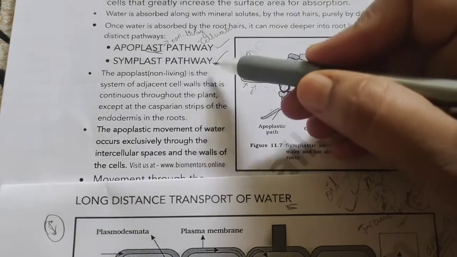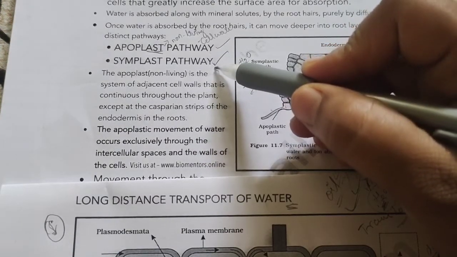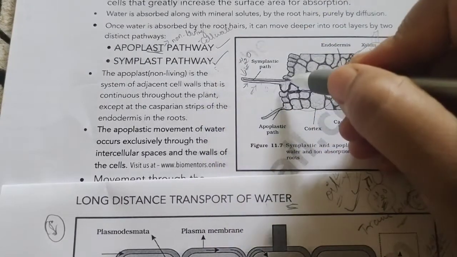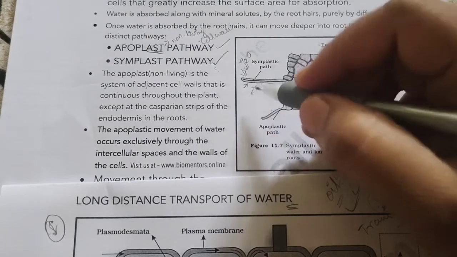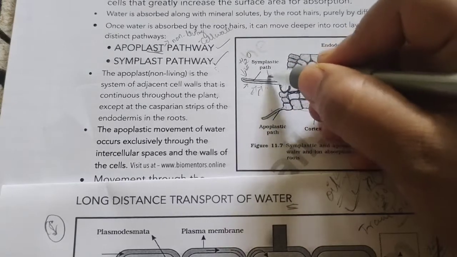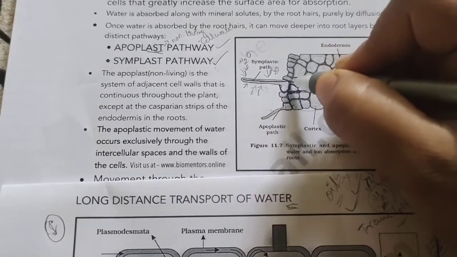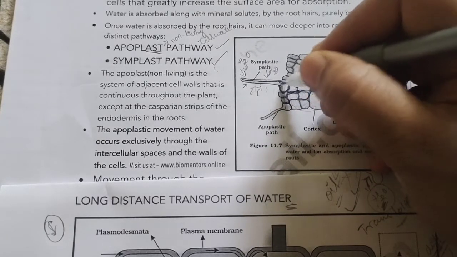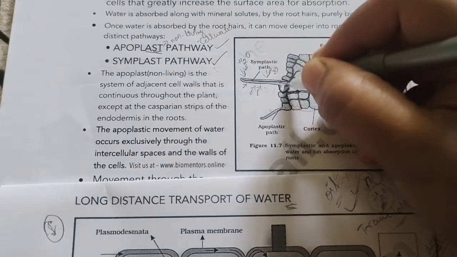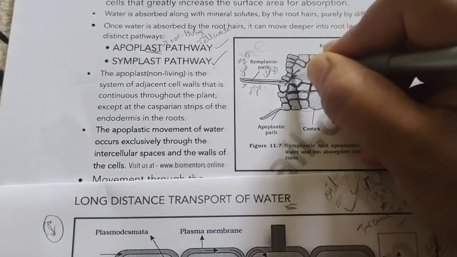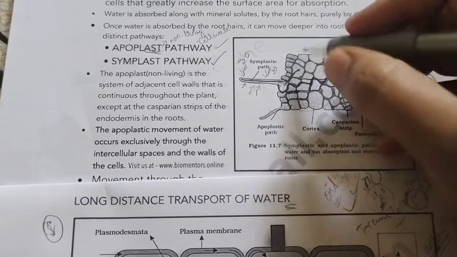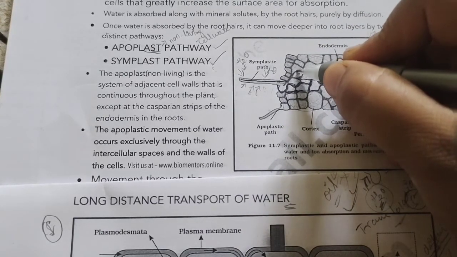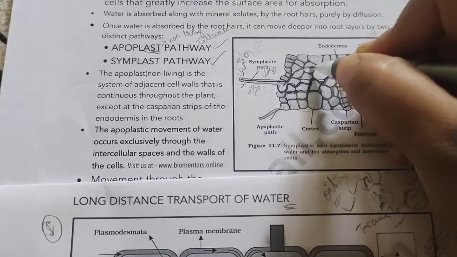Now let us know what is symplast. So symplast, in the sense, here how does the movement of water take place? See, root hairs are involved in the absorption of water and mineral nutrients. But this absorbed water will reach into the cell. So where is water moving? It is reaching inside the cell. So through the plasmodesmatal connections, water will be moving from one cell to the other cell like this.